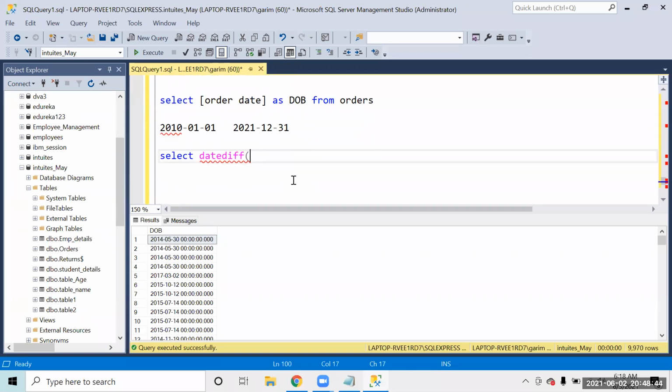So if you say DATEDIFF and you want to find the difference in terms of year, you give the starting date, comma, the ending date.